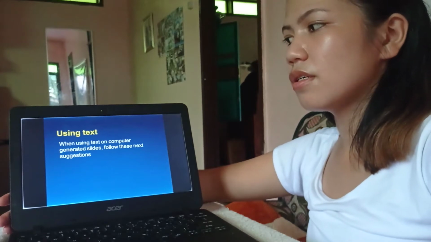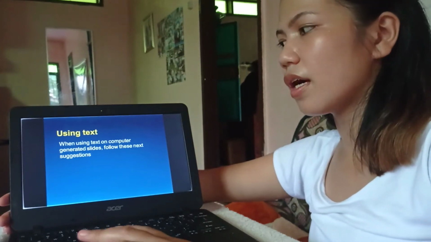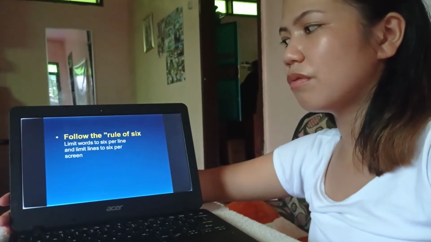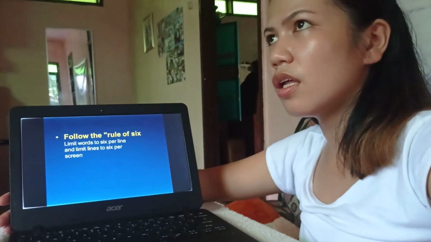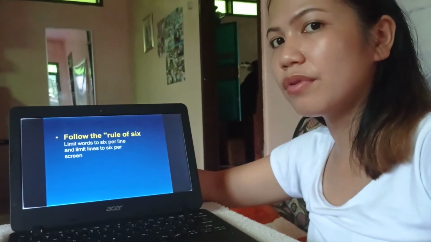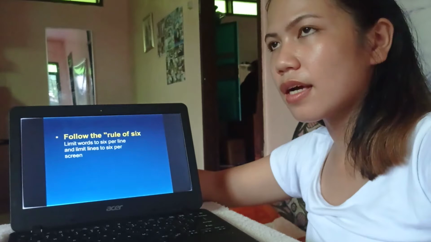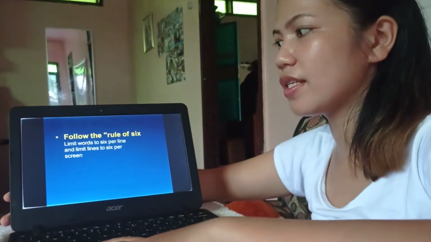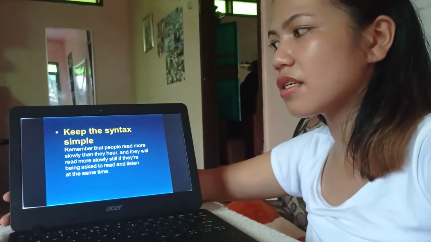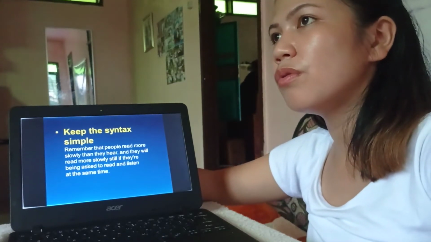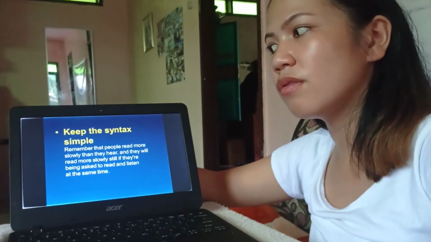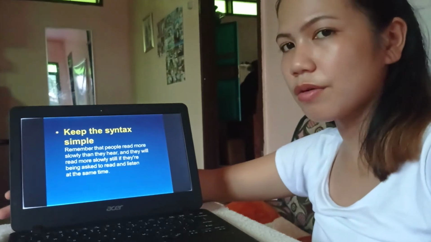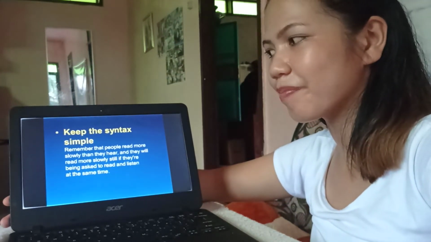Using text. In using text on the slide, there are many suggestions. Follow the rule of 6. Rule of 6 means that in one slide, you have to have 6 lines, and in one line, you need to have 6 words. That is the rule of 6. Keep the syntax simple. It means that the words in your slide should be simple for the viewers to easily understand your